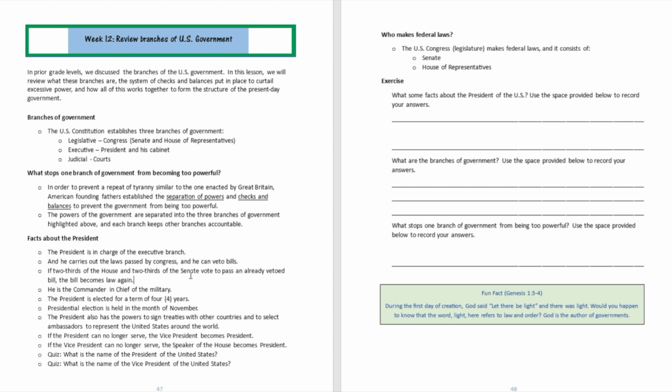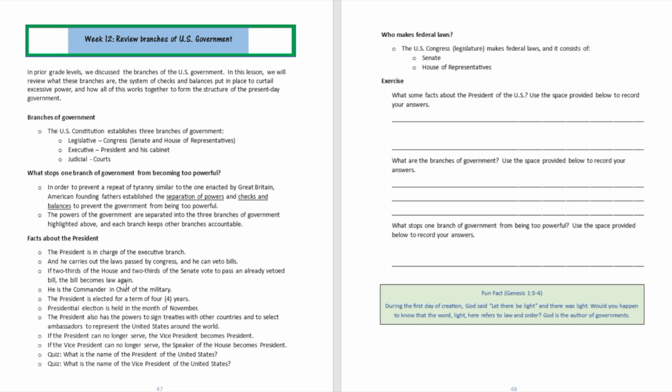Or if they acted and made stupid decisions, the president can veto some things, but all of those things are still within the boundaries of the proper checks and balances. If 2/3 of the House of Representatives and 2/3 of the Senate vote to pass an already vetoed bill, the bill becomes law again. So if the president were to wake up and say, well, I'm just going to veto all the bills that you guys passed, but then they take that bill to the Senate, they take that bill over to the House of Representatives, and 2/3 vote for the vetoed bill,